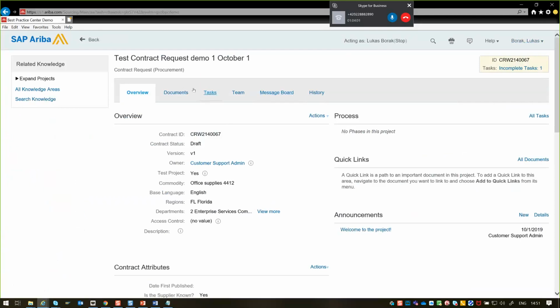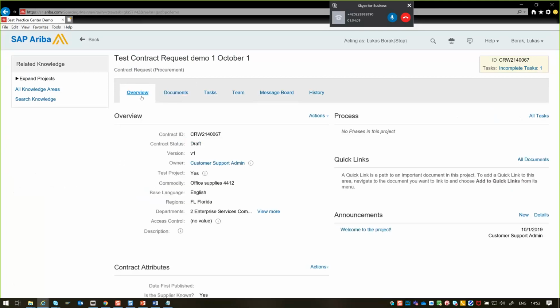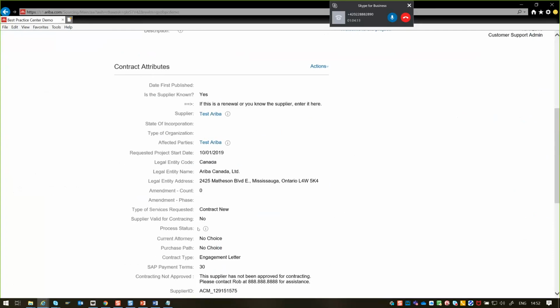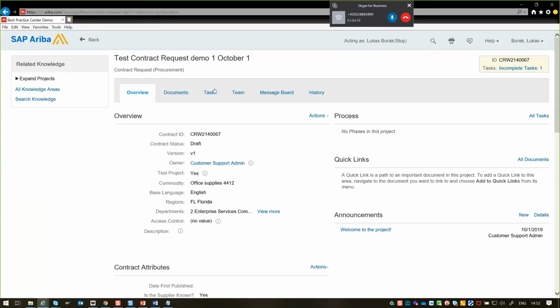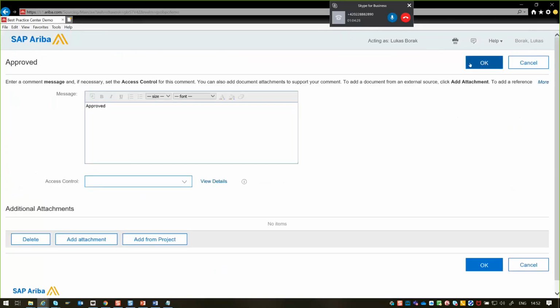And the user reviews the documents, the text, the attachments, other documents. The user looks at the overview of the header fields that were used in the request. And when everything is okay, then I can go to the task, either approve right away or from inside the task. So as soon as I click on approve,